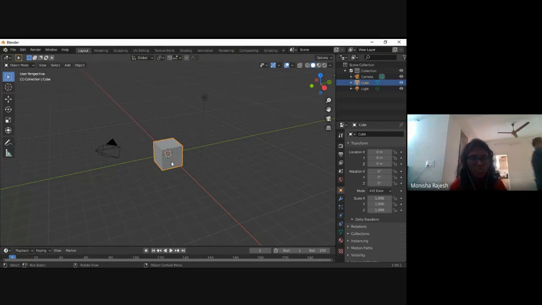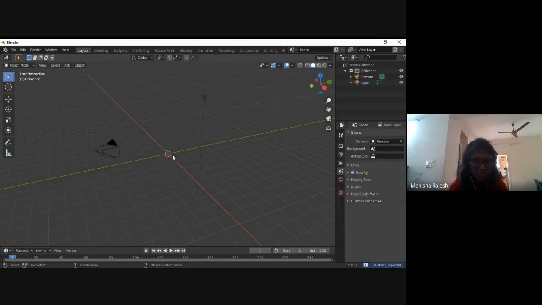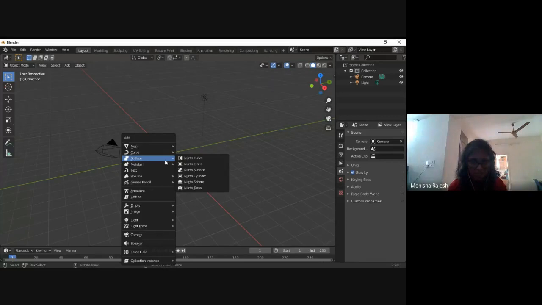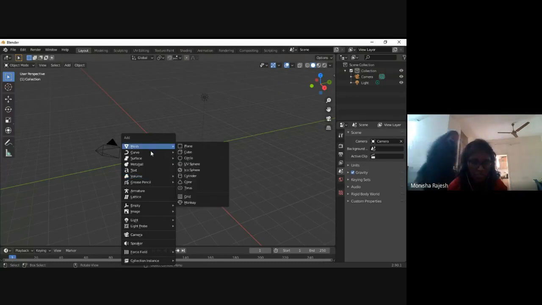Now, you'll be able to use any number of objects there. For example, now I can delete this particular object here by pressing delete, and the object disappears. And if I press Shift A, you'll get this menu. Please let me know if I'm going too fast. I'll slow down. If I press Shift A, you get this menu, and you'll be able to add another object, such as a circle.